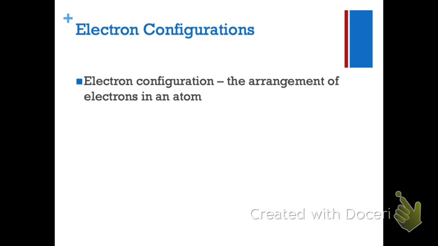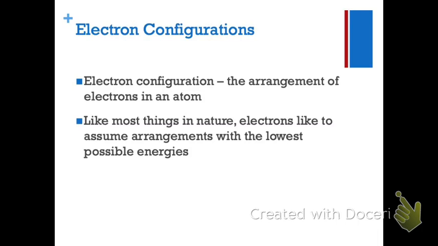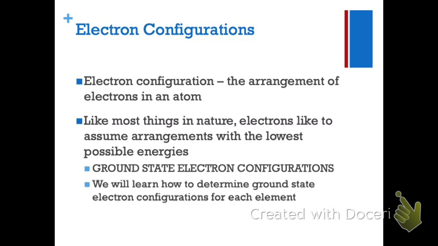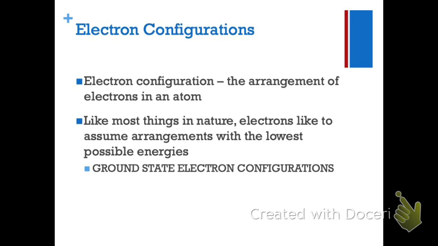For this chapter, the periodic table provides us a really good parallel. It provides us a really good picture of electron structure. It's not a literal interpretation of where the electrons are located, but it gives us really good parallels. So I'll point that out as we go along. But what we're going to start looking at specifically is something called a ground state electron configuration. All that means is that we are going to look at electrons when they are in their most relaxed state. Electrons, like most things in nature, assume arrangements with the lowest possible energies,